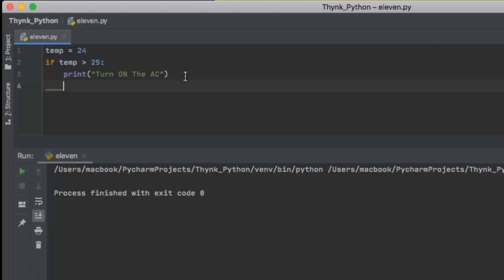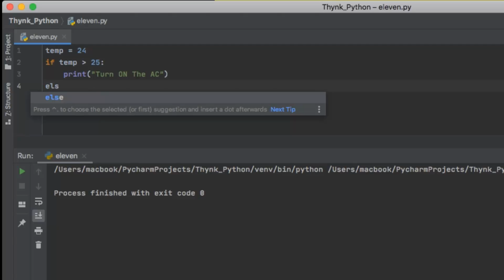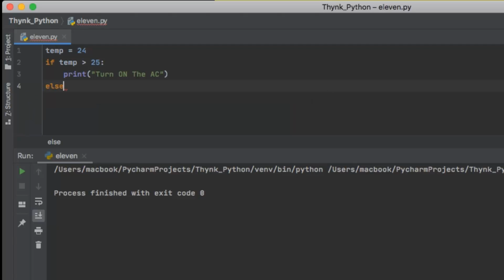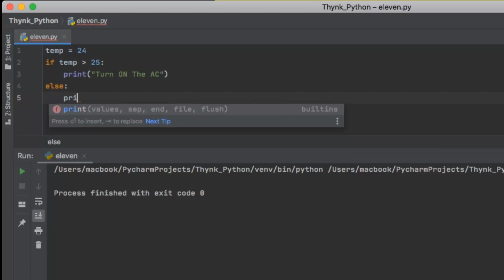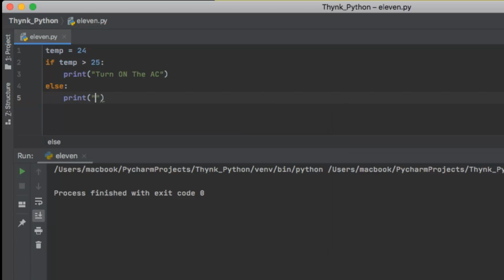So I have to come out of this indentation to come out of the if condition. Now I specify else with a colon, and again hit enter. Again this has an indentation. So else I want to print a message which says turn off the AC.